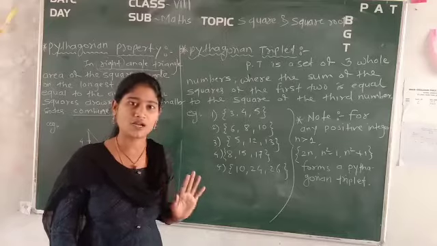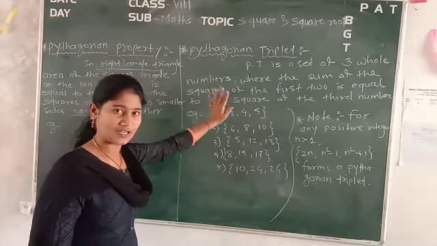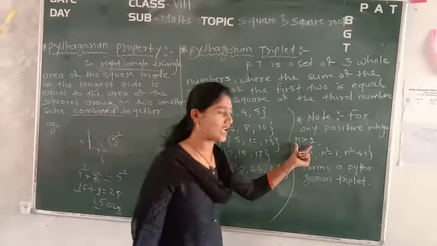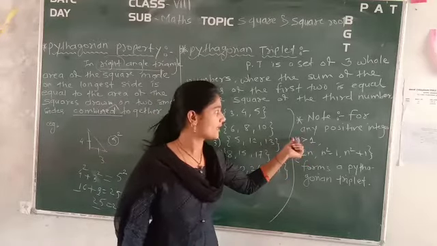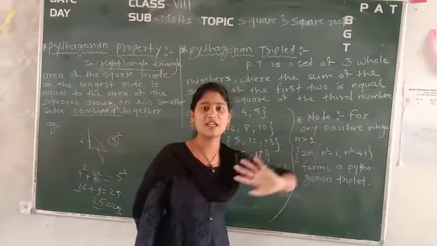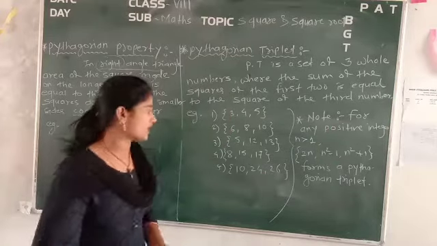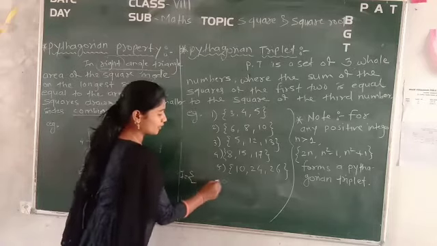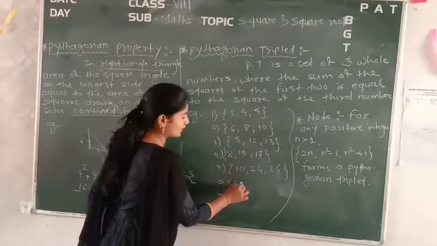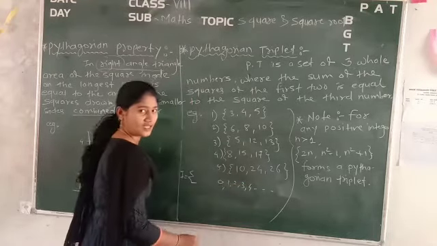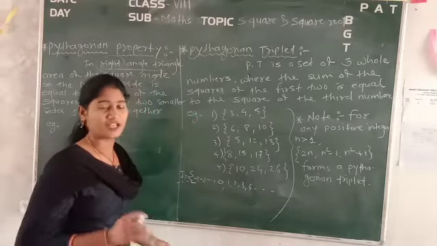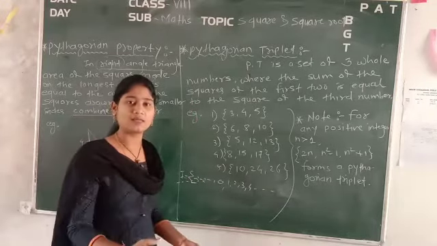So that is called a Pythagorean triplet, but it has one condition, that is whenever you take the Pythagorean triplet, it should be greater than 1, and this n is nothing but any positive integer. Now see, in the set of integers you will get 0 in the middle, positive numbers to its right side up to infinity, and negative numbers to its left side up to infinity. You have that any number sets up to infinity, meaning it doesn't have a limit or ending.